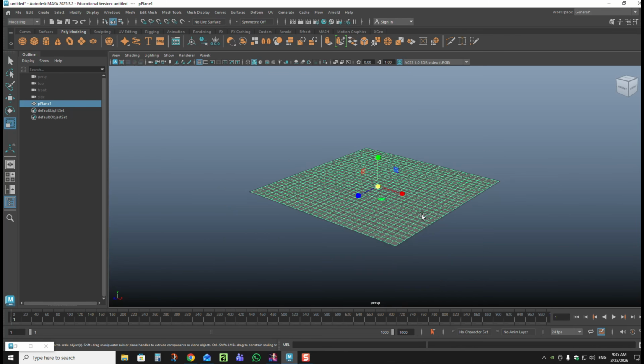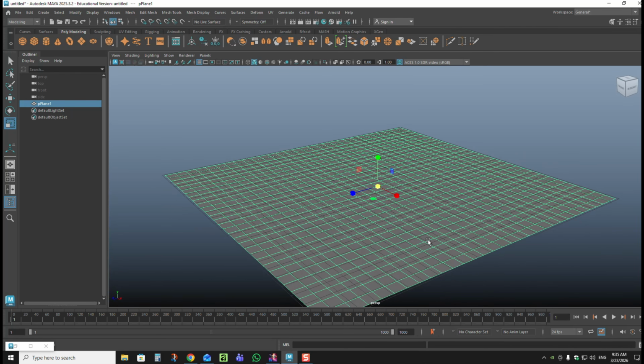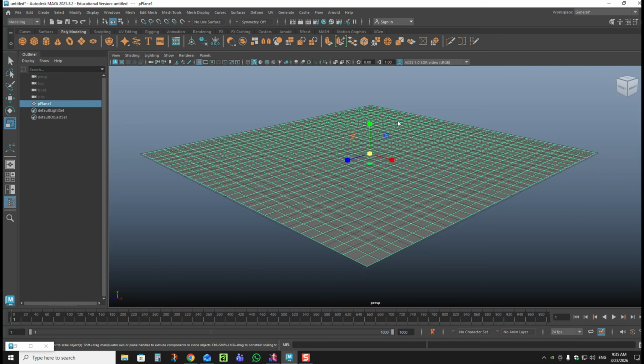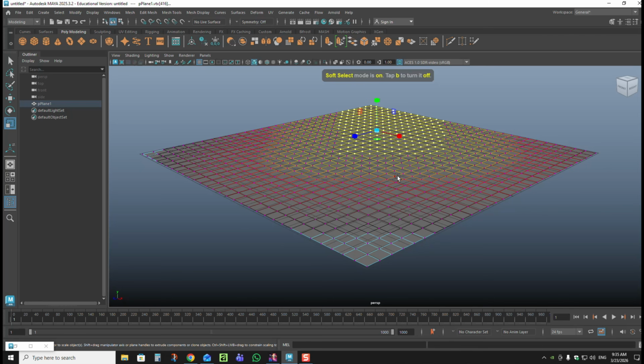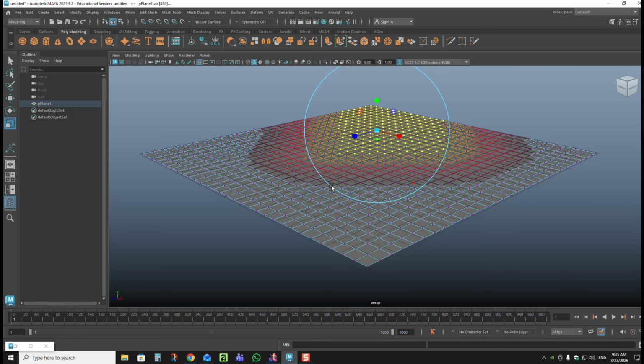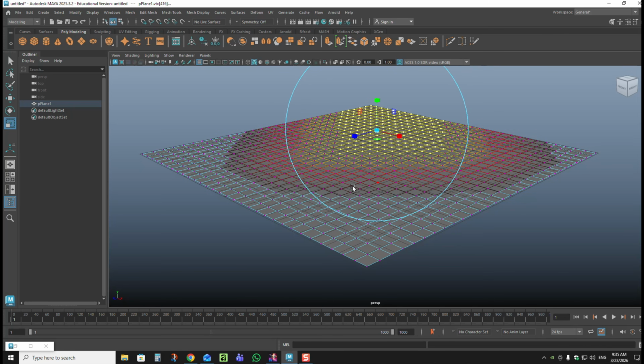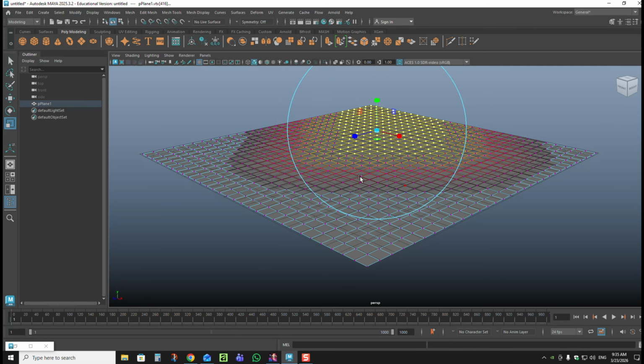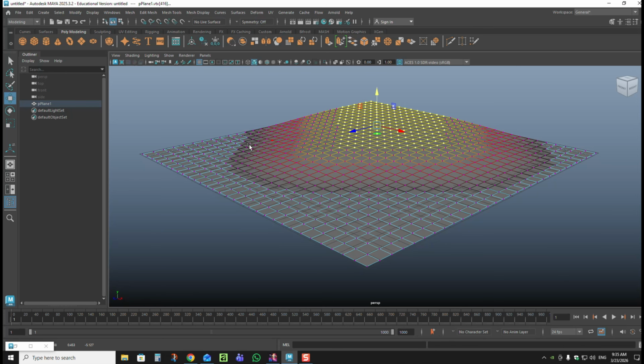to something like this. Now we want some hills and valleys, but we don't want it to be too extreme. So we're going to right click, go to vertex. Drag select an area, hit B on the keyboard, B for Bernard, right? And then we're going to kind of hold that B down and left click and drag to make it bigger or smaller. Once we have this, we'll hit W, we'll kind of raise that up a little bit, and then